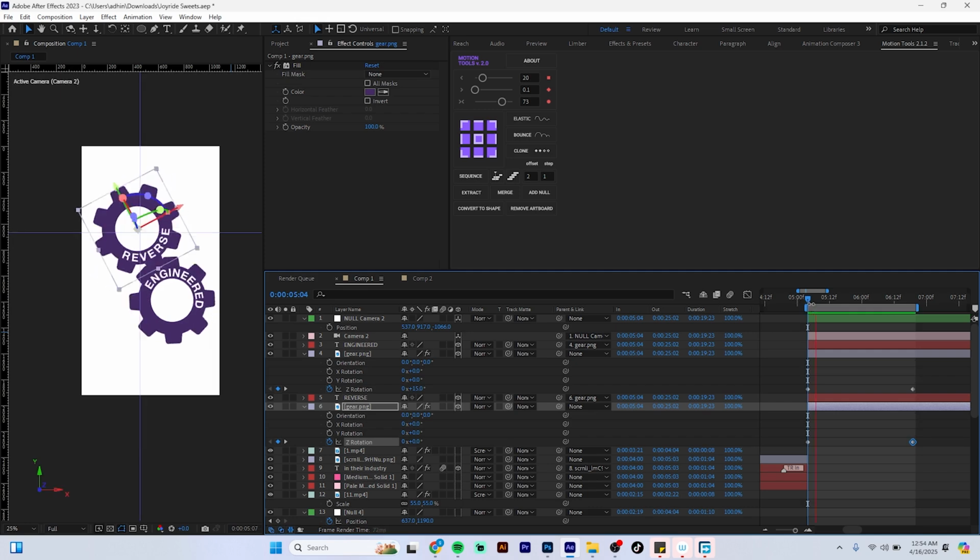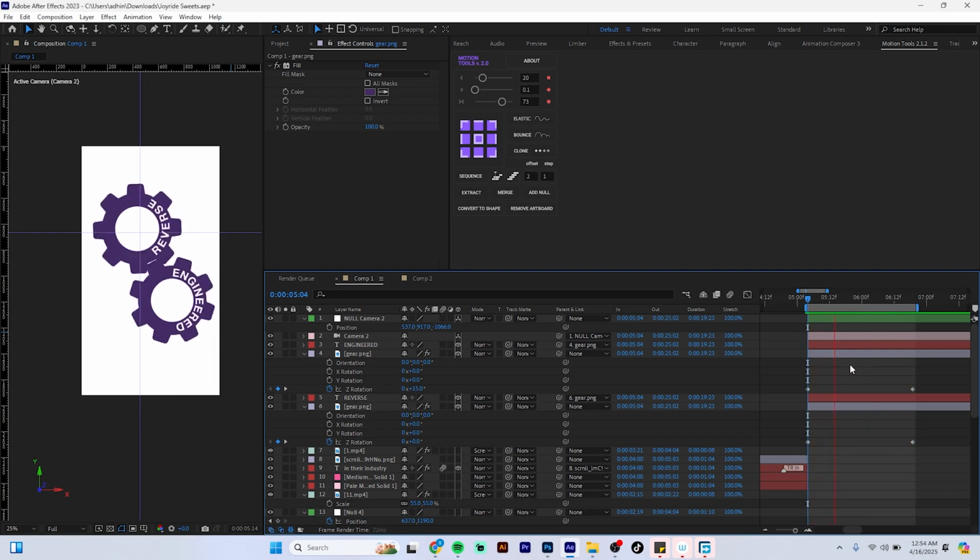So I reverse engineered it. Okay, so the gear is working now. The gear is working. I can still try to